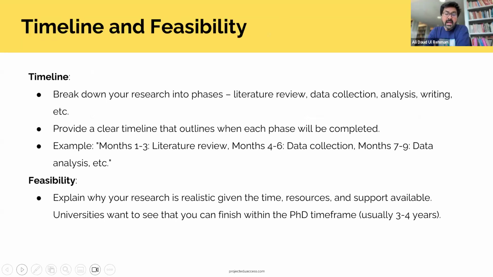Timeline and feasibility. In your proposal, I think this is usually the last section after your significance and the last paragraph where you summarize everything. Ideally, that's how it's done in social sciences and humanities: you include a table of timeline and feasibility, which breaks down your research into phases, and that in year one, from month 1 to